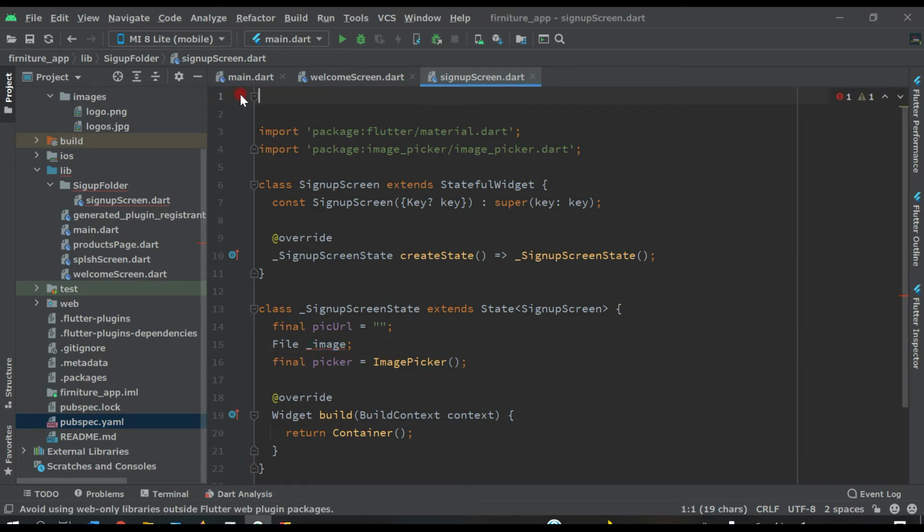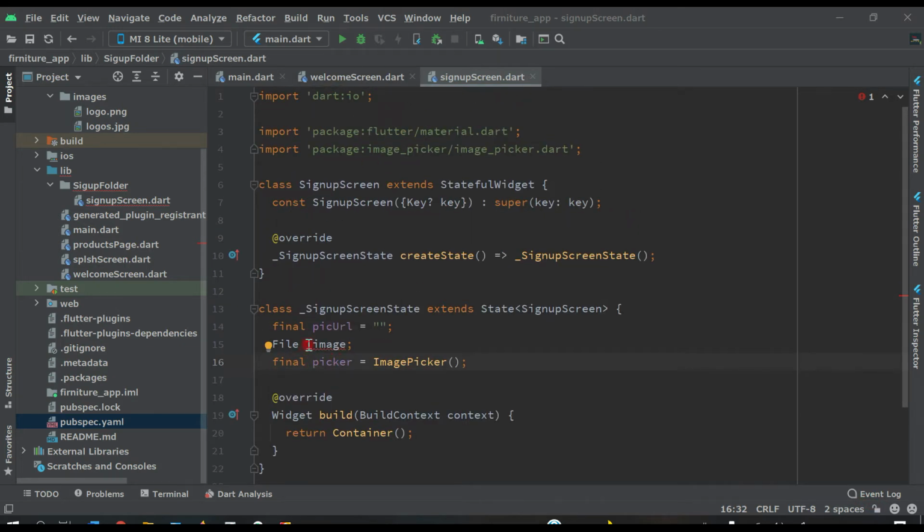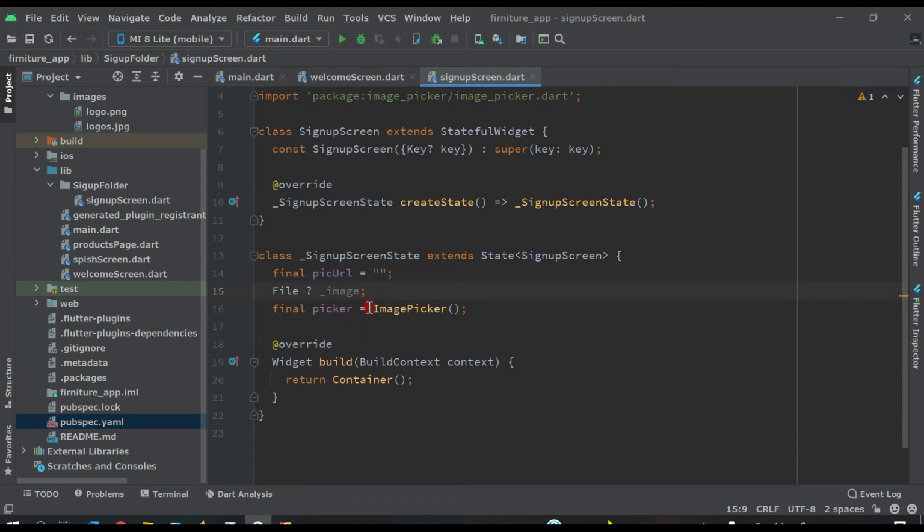Delete this and import dart:io. And here we just have to write a question mark for null safety like this, so it has been removed.